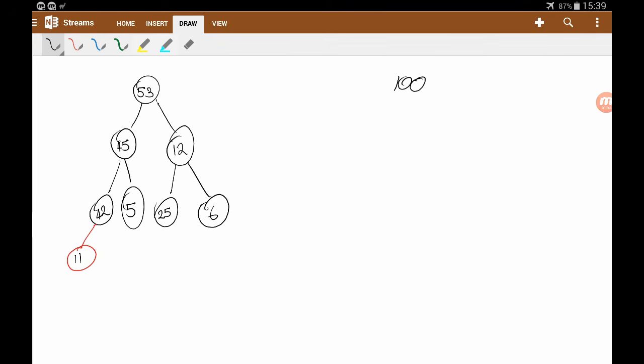We then look at 12 and we say, okay, well, it's moved. So now we look at its new children. And okay, we see that 12 is less than 25. It's bigger than 6, but we've still broken the condition over here. So in this case, we then need to swap 12 and its largest child. So 25 moves up and 12 moves down. At this point, we've now reached the bottom of the tree, and so we're guaranteed that everything is fixed. We know that as soon as we don't need to make a swap, then the entire tree is fixed and